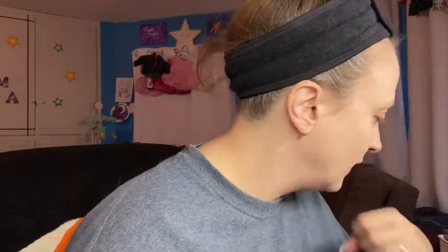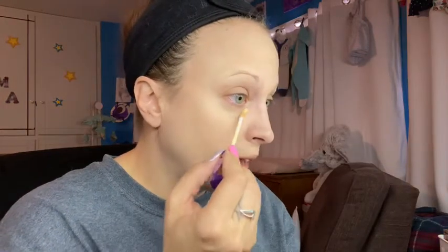I did get the Tarte Creaseless. This was recommended by a couple people that I watch for dry skin, because there's the regular Shape Tape, which is good for oily. The creamy, I've heard, is good for normal to combo. And then this was recommended for dry. So we're going to try this. I do have the regular Shape Tape, and I can make it work if I hydrate. This is very sticky. I've heard this is comparable to the Bye Bye Under Eye, and I don't know that I would use this on the rest of my face per se, but